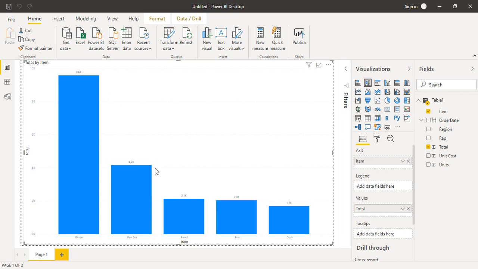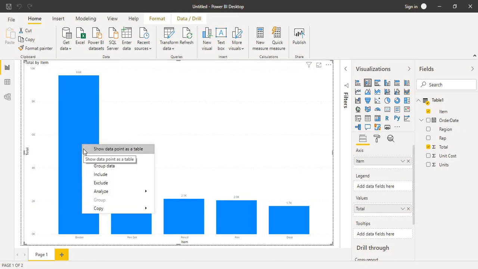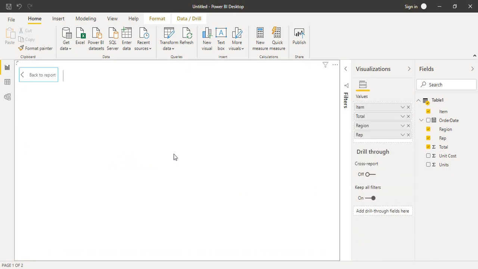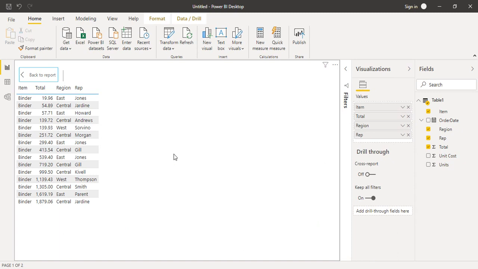All you got to do is first make sure for which record you want to generate a CSV file, or for which record you want to generate a report. Suppose this is my current chart and I want a report for the binders only. So I can just go to the data point option by right clicking on it, and once I am over here, I have got an option that I can generate a report out of all these options.